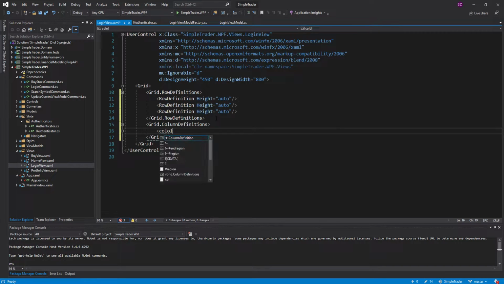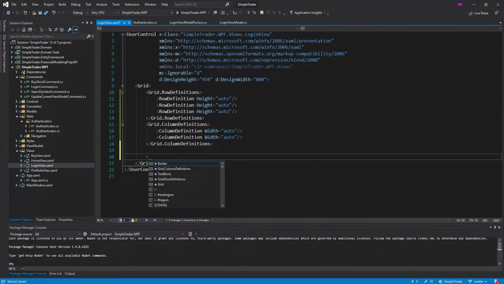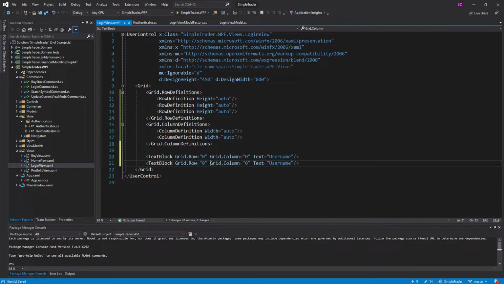So we're going to have a column for basically a label that says username or password, and that's just going to be auto. And then we're going to have another column for the actual input text box, and that's going to be auto as well. So let's go ahead and throw those in this view. Again, we're not trying to make this super pretty, but let's have a text block for username, and this is going to go in the first row and the first column, and then next to that, in column 1, we're going to have a text box,